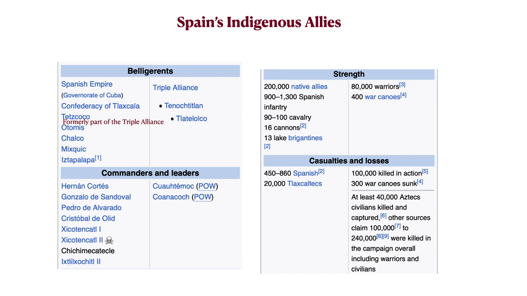Yes, indeed. Here's Wikipedia's current tally of the number of belligerents. And you can see you have this Spanish Empire against the Triple Alliance, but actually one important component of that alliance had gone over to the Spanish side. So it was down to two of the allies. And you see the total strength on the right, with 900 to 1,300 Spanish infantry and about 100 cavalry, and then 200,000 native allies. Well, we don't know these numbers. That's an estimate, but as opposed to the Aztecs, 80,000. So it was not a balanced